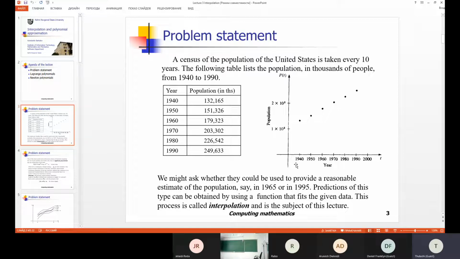For example, it can be the price of a car, or the price of tickets for a plane, or, for example, the number of people that live in the United States. So in this table,